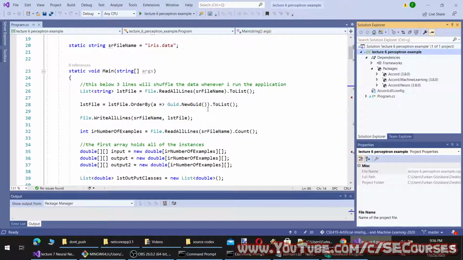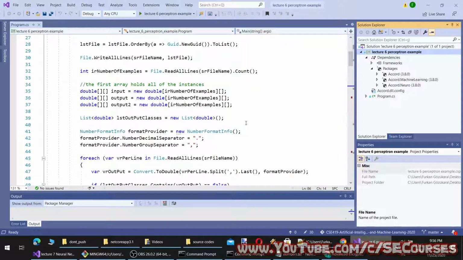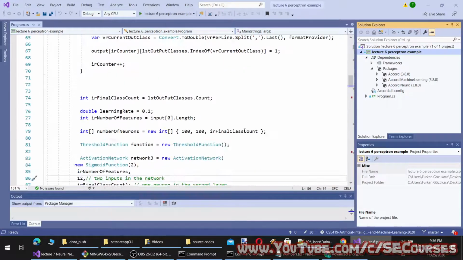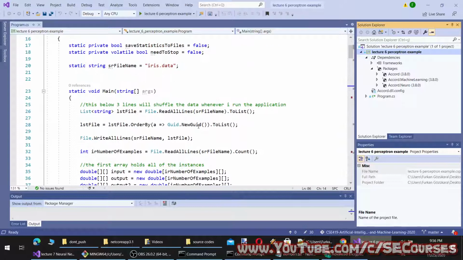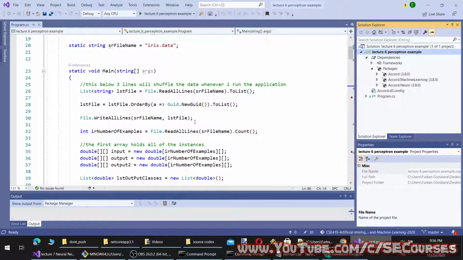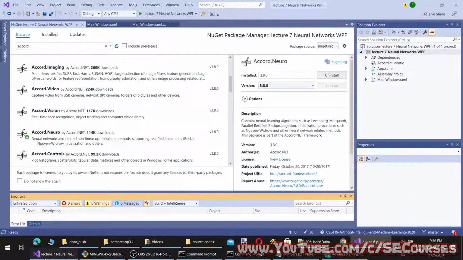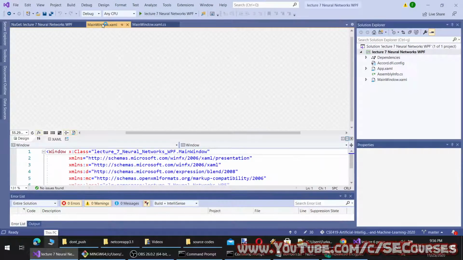What we are going to do is we will generate our data by copy pasting from here. So let's add a button and do the basic thing first.